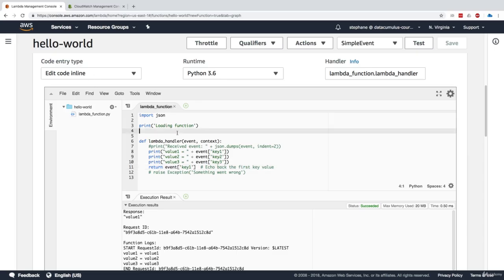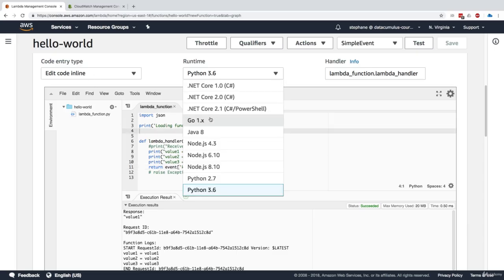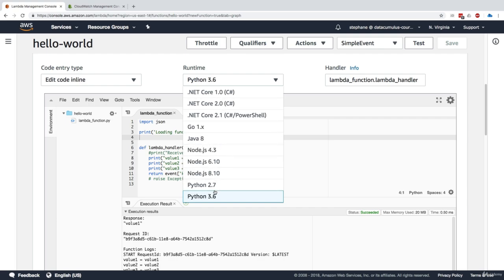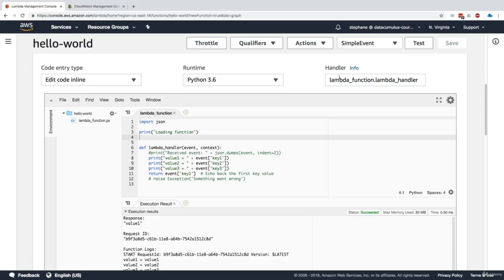The next thing we want to look at is the runtime, and we're able to select the runtime we want. As you can see, there are different Python versions, Node.js versions, etc. Finally, the handler is basically the name of your file right here. My file is called lambda_function.py, so we have lambda_function on the left-hand side, then a dot, and then the function name we will invoke. For me, it's called lambda_handler because we defined a function here called lambda_handler. This is how Lambda knows which part of the code to invoke when it is being triggered.